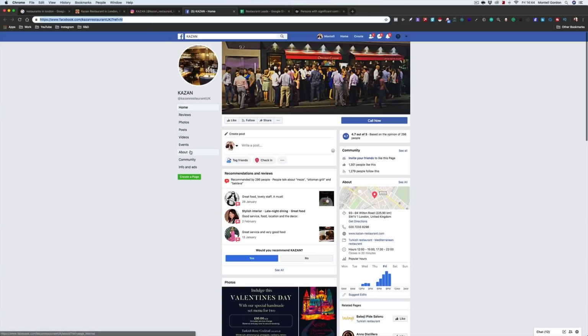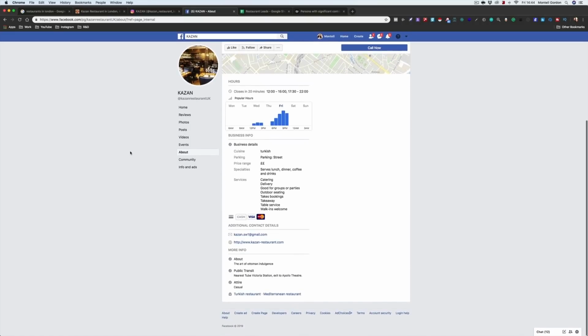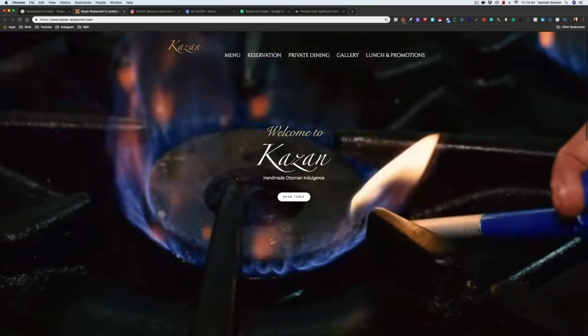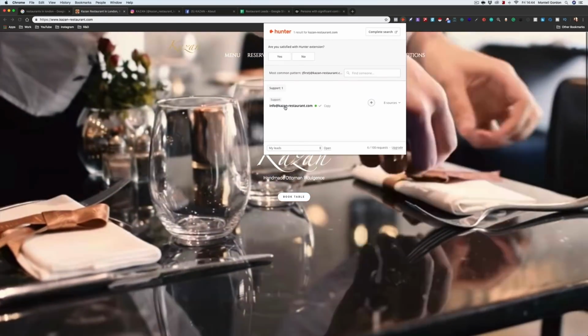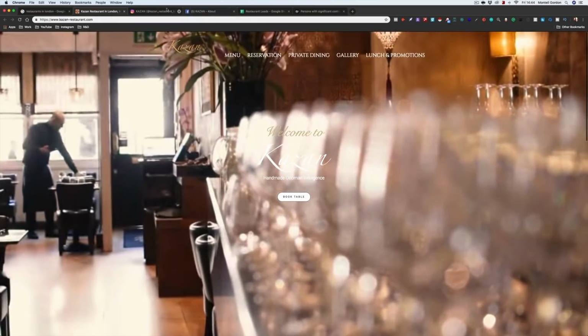We're also going to click about, just to see if their email address is on here, just in case we can't find it on the actual website. This is a Gmail. I would stay away from that one because they probably have a more in use one. Now to find email addresses, there's actually a tool up here called hunter.io, and it finds emails for you already. So what we can do is we can copy this email address,